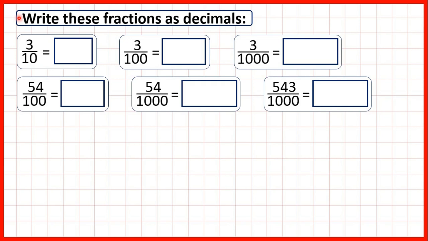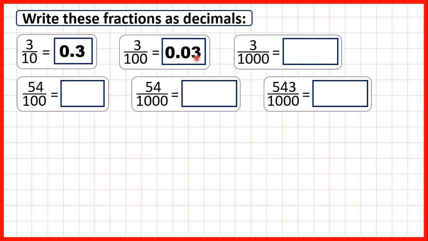We need to write these fractions as decimals. So first we have 3/10. As a decimal, that's 0.3, because the first digit after the decimal point always tells us how many tenths we have, and we have 0 before the decimal point because we can't have an empty ones column, but we don't have any whole numbers. Now, 3/100ths is written as a decimal as